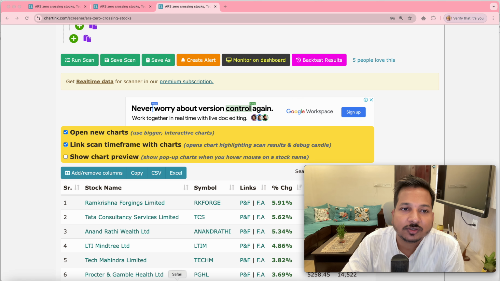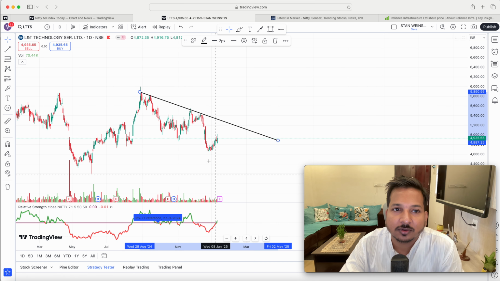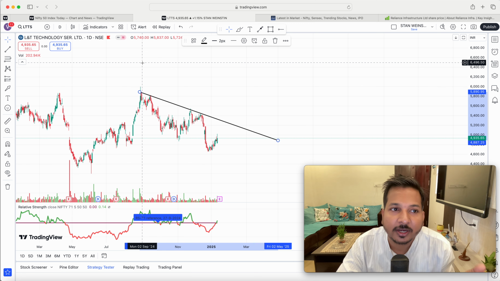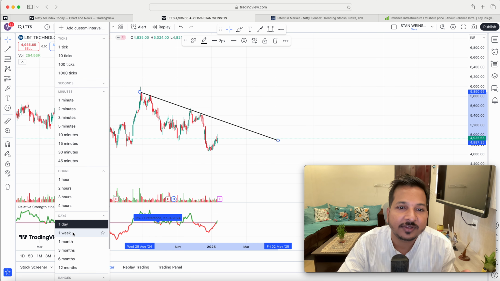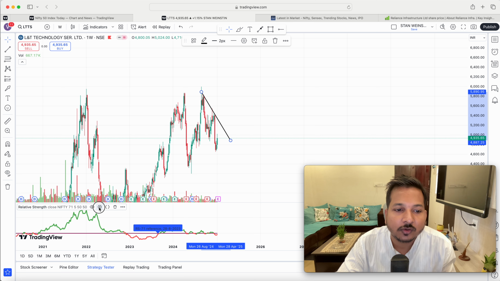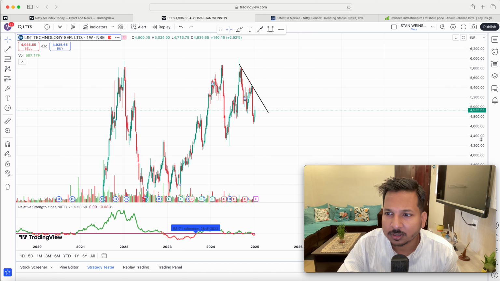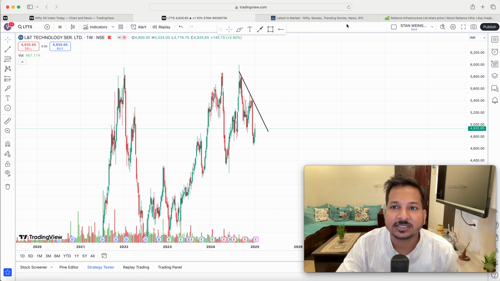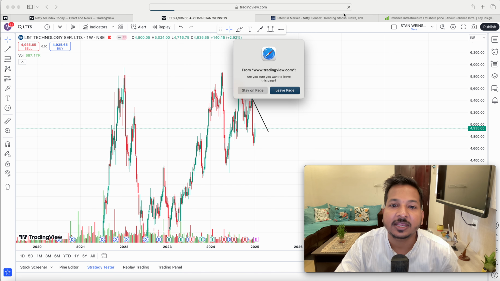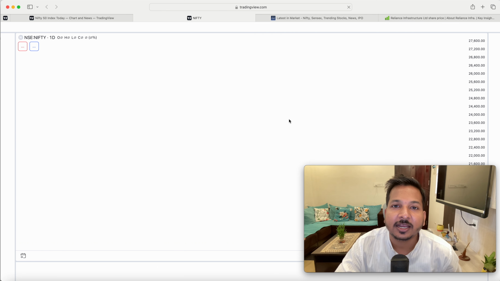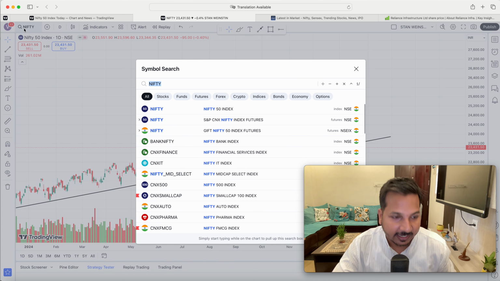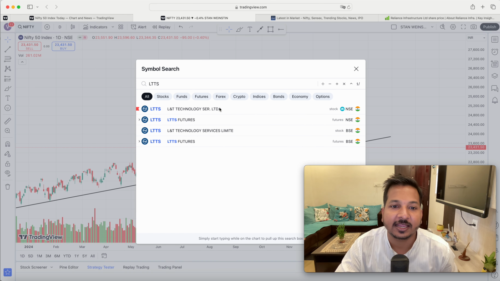And the other thing which I showed is, suppose this stock is above zero, so one more elimination you can do with the weekly chart. You make this weekly chart, and in the RS setting you make the period 21. We'll try to see if RS we can change. Some problem is there. We'll refresh this page and try again. So what I'm telling is, if RS is positive in the weekly chart, then your chances of getting good momentum are very high, because